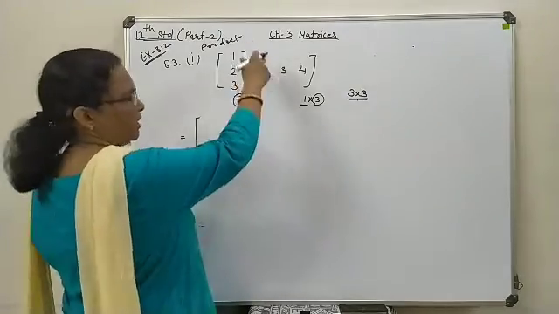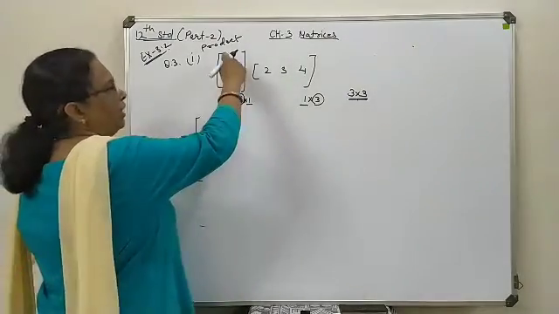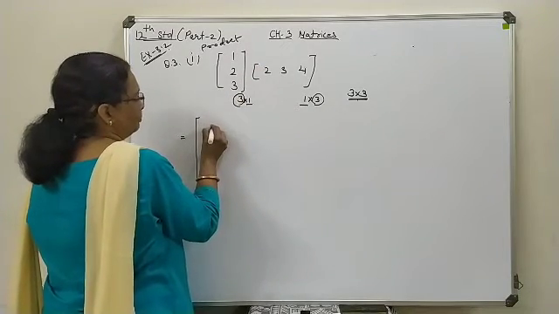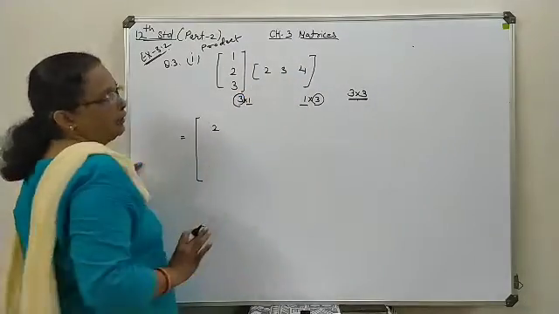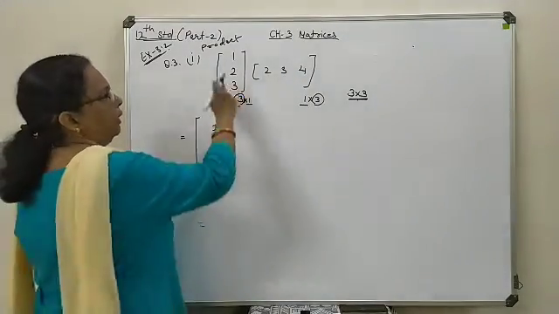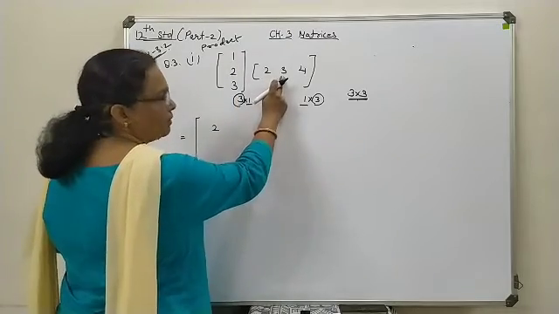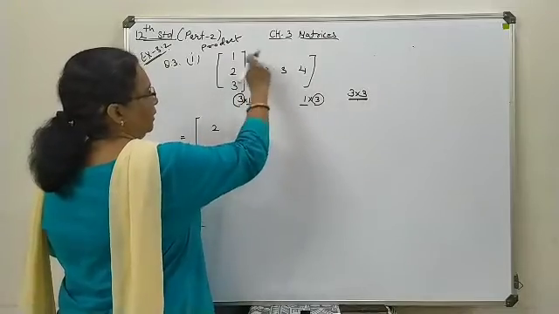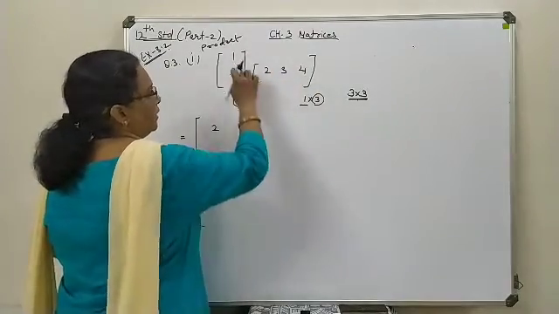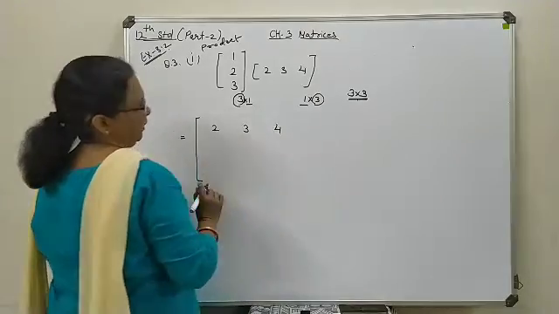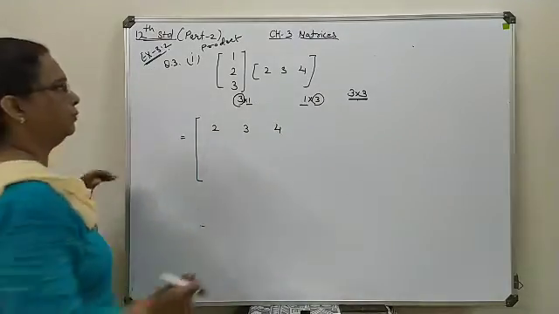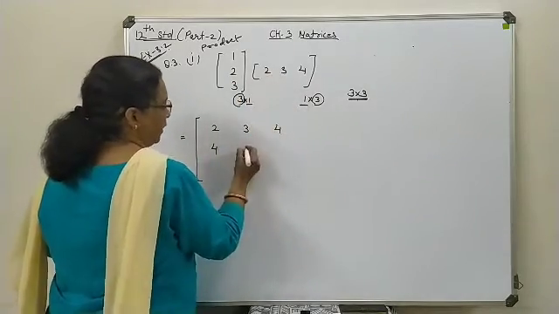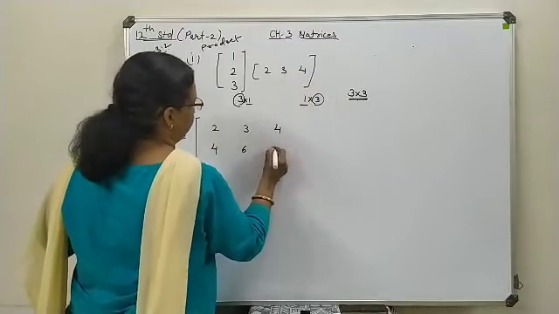Now first of all, as per our normal rule, the first element will multiply with this first, so obviously you will write these two here. Nothing else is available. Then move to the first element multiplied with the second column element, that is 3, first into 4. This way you will proceed. Nothing else is available, so you will have only one combination. Now move to the second row. 2 into 2, 4. 2 into 3, 6. 2 into 4, 8.